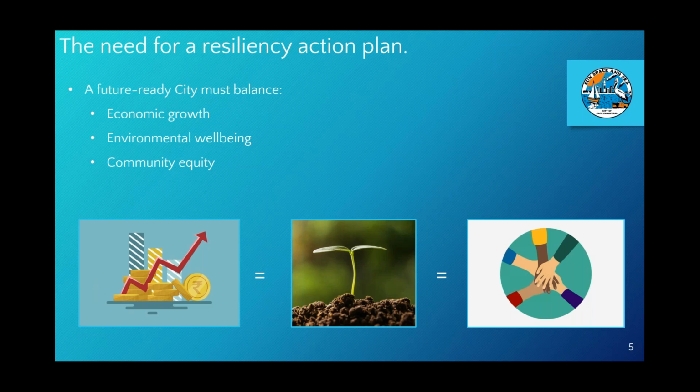A future-ready city, as it's called, is a city that is prepared to handle various shocks and stressors across a wide range of economic and climate-related events through the use of sustainable, resilient, and forward-thinking infrastructure and policies.